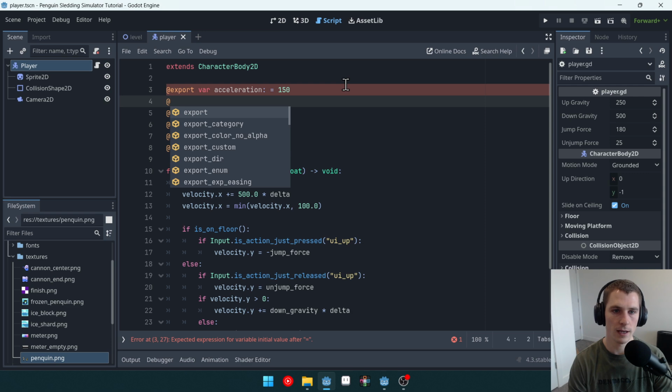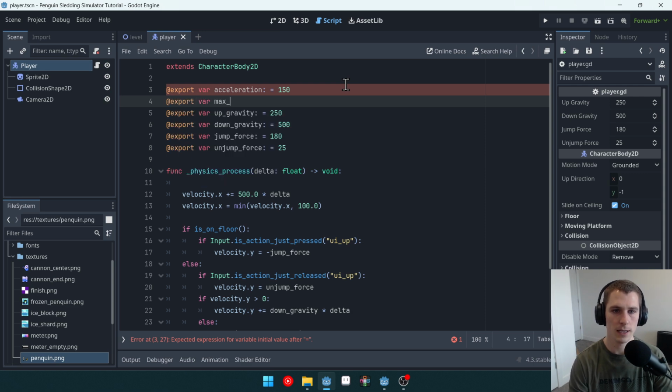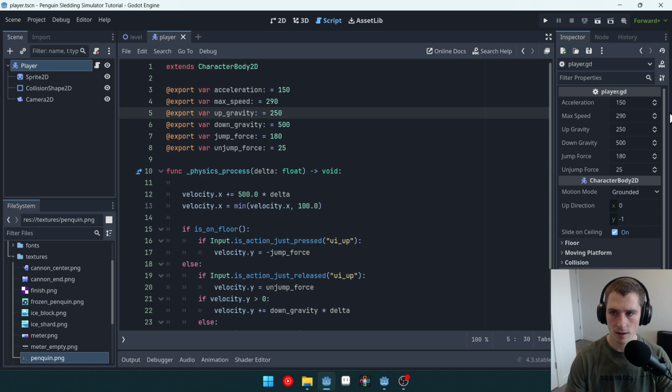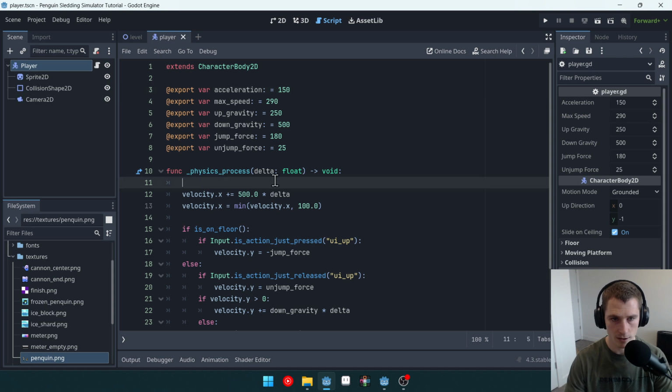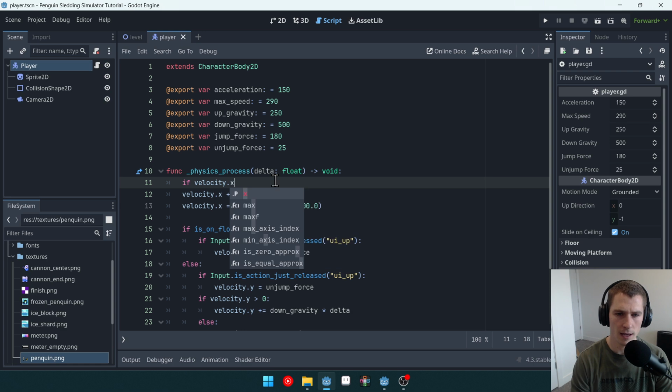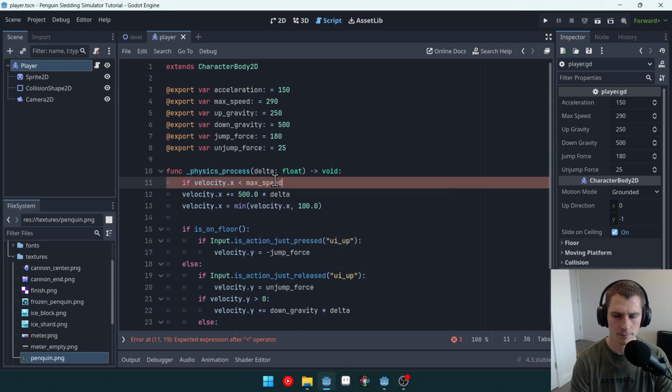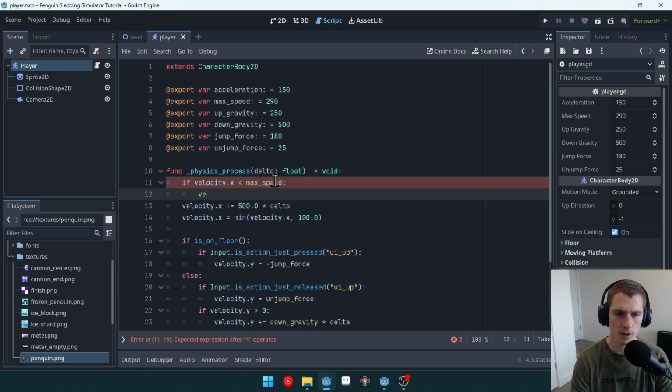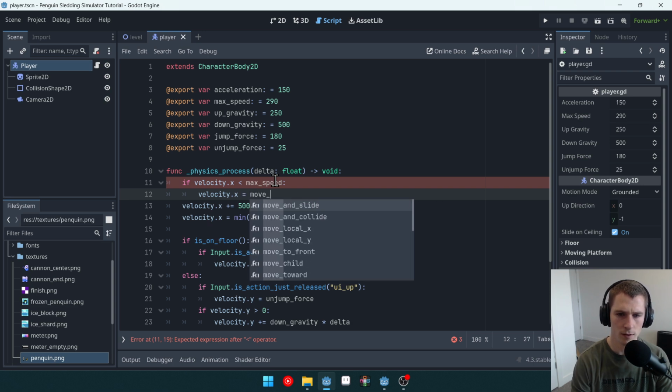and we're going to create an export variable called max speed. And we're going to set this to 290. Okay, so there we go. Those are now appearing over here on our player's information. We can say if velocity dot x is less than max speed, velocity dot x equals move toward